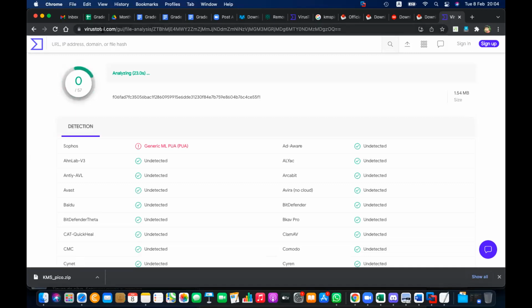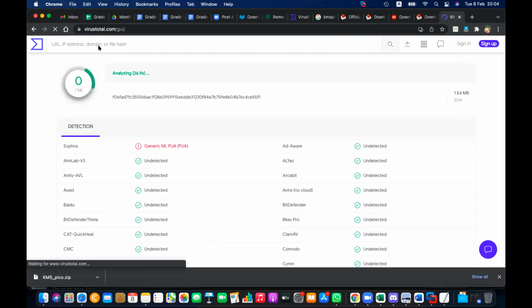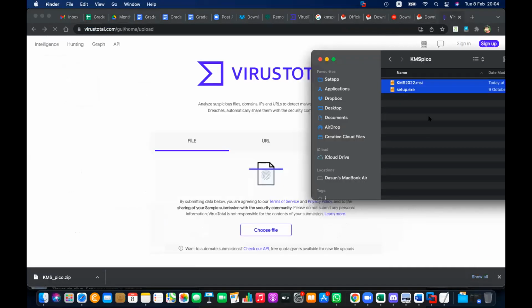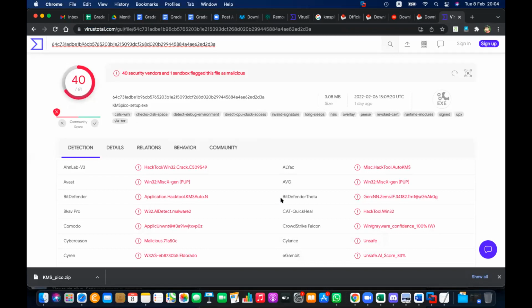Okay, let's go back to VirusTotal and try the second file. That is setup.exe, the second file. I'm checking it. Oh, wonderful. Here comes the detection. Can you see? Can you understand how tricky it is?